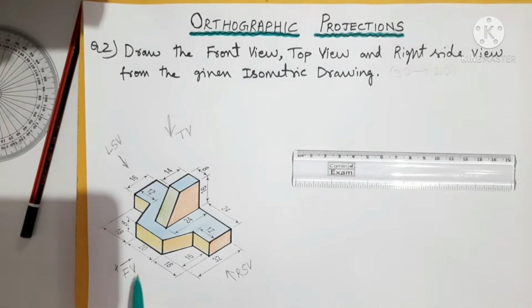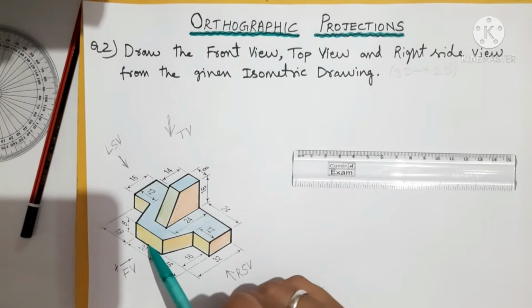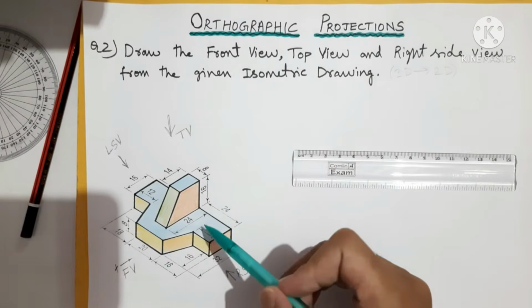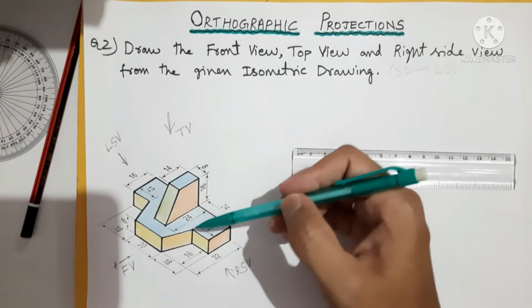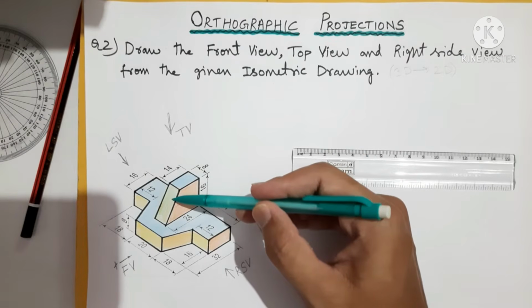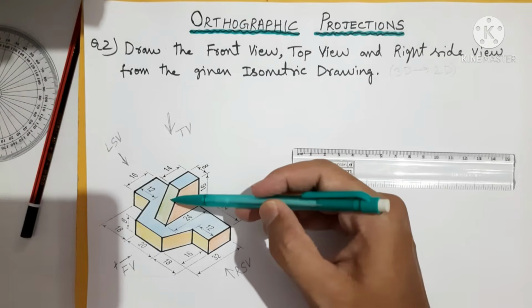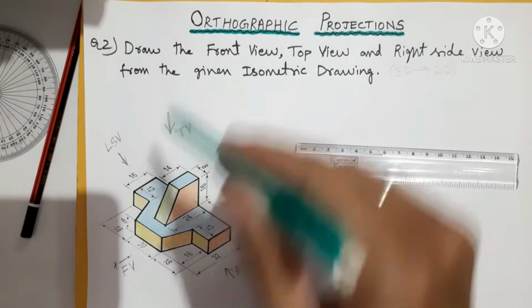And these colors: if you are seeing the front view from here, which surfaces will be visible to you? This surface will be visible, this and this will be visible along with this. This is the surface which is common. It will be visible from the front as well as from the top. Front surfaces I have kept in yellow, top surfaces in light blue. So this is the surface visible in the top view, and this is the combination of yellow and blue, which looks somewhat green, which is common. It will be visible in both the front view and the top view.